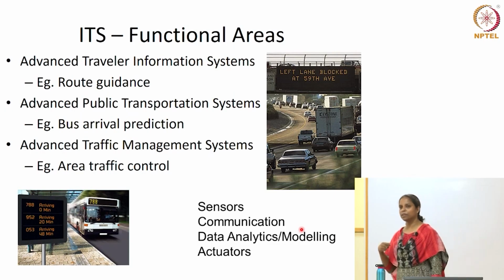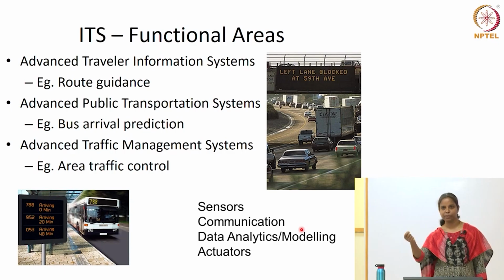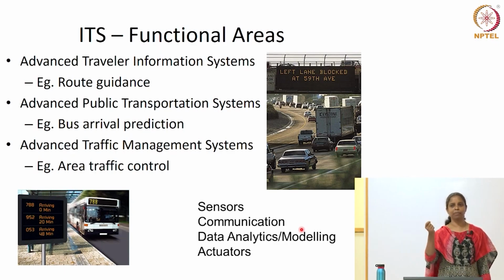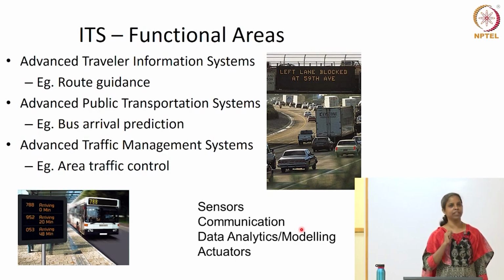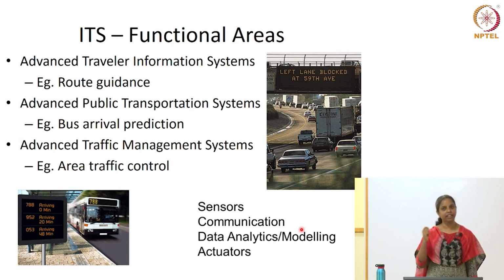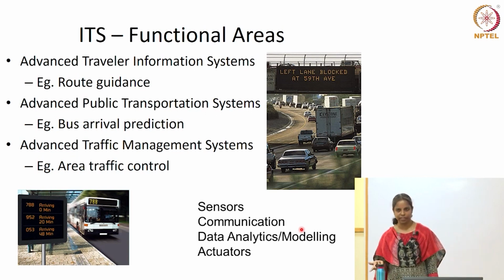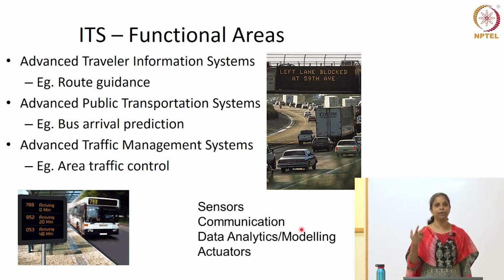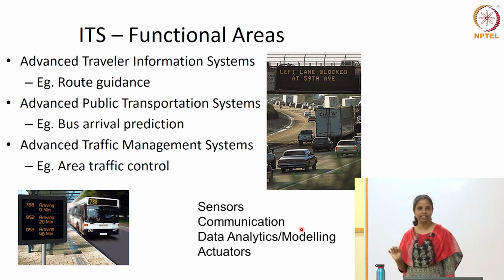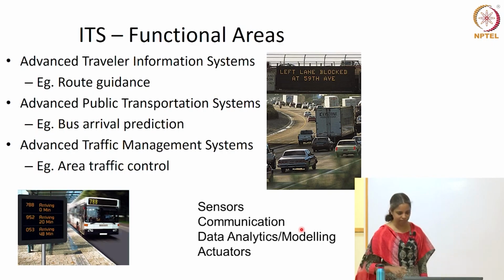So, how do you make it advanced? If there is a way to collect the information from each of those legs and process it and tell, okay, this leg there is no vehicle, so don't give any green. This leg has vehicles waiting, give green. So if it can happen in real time, that's an example of ITS. So what did it do? It collected the real time data, processed it, found out what is the best way to handle it, and then changed the signal accordingly. That's a classic example of an ITS application, right?